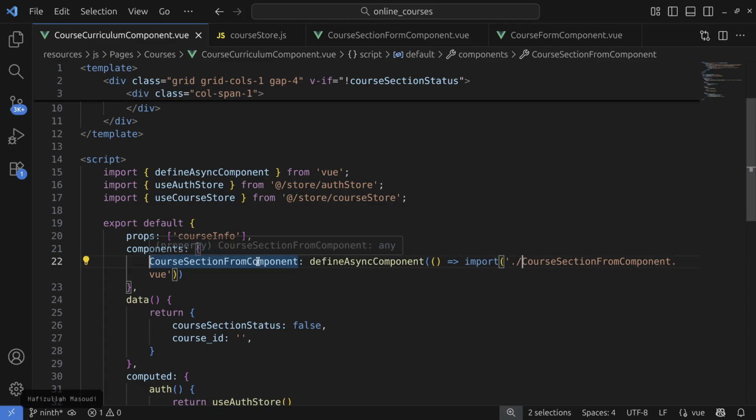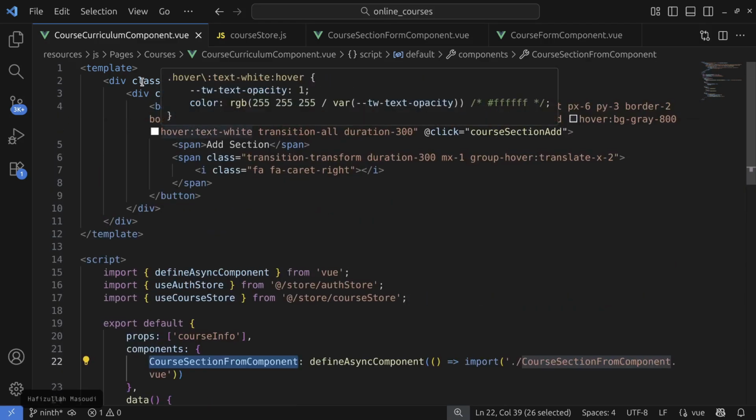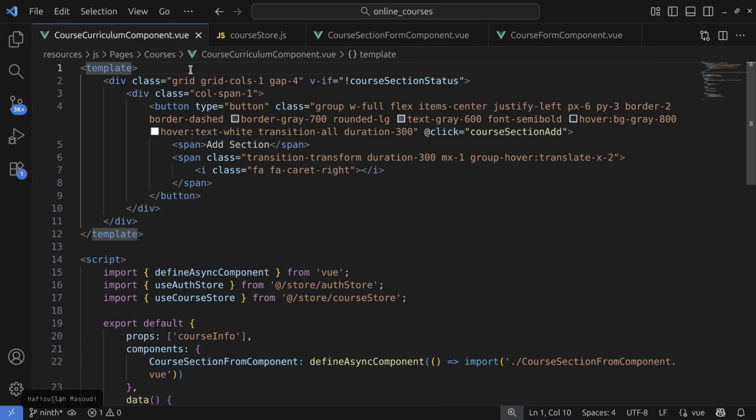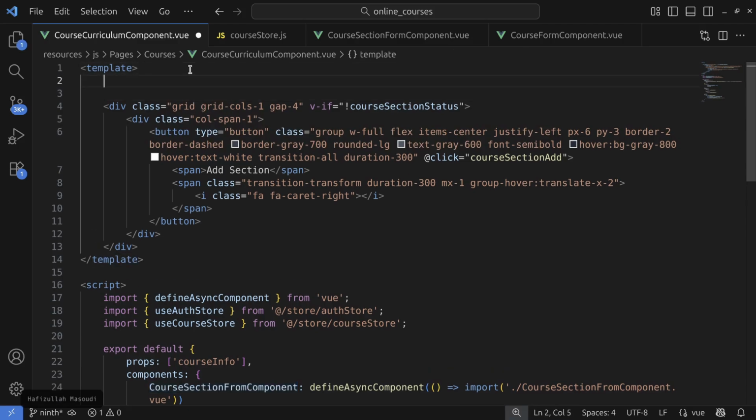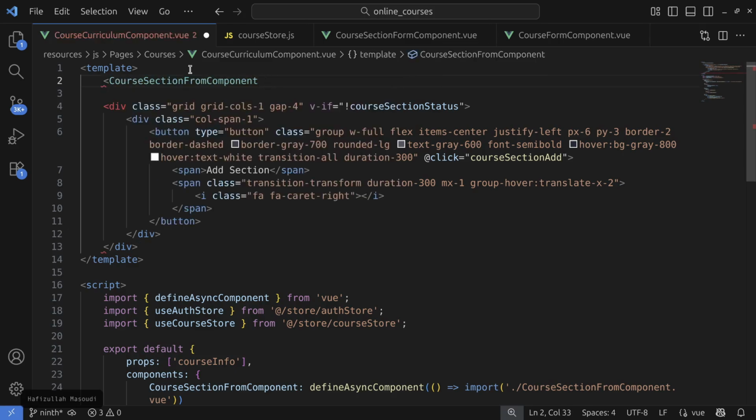Now let's use this component in our template. So let me copy it first, and let's scroll to the top, and let's use it before this grid. So I will import it in here at the top. So in here let's open our bracket, and we want to pass the course ID. So let's say course ID. So this will be ID equals to, and let's say course underscore ID, and we want to show this component